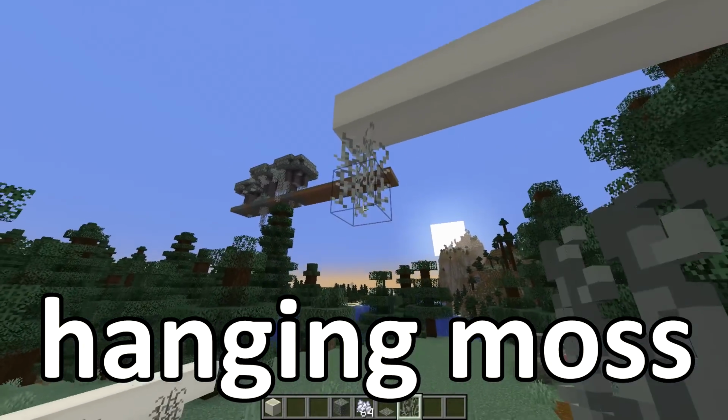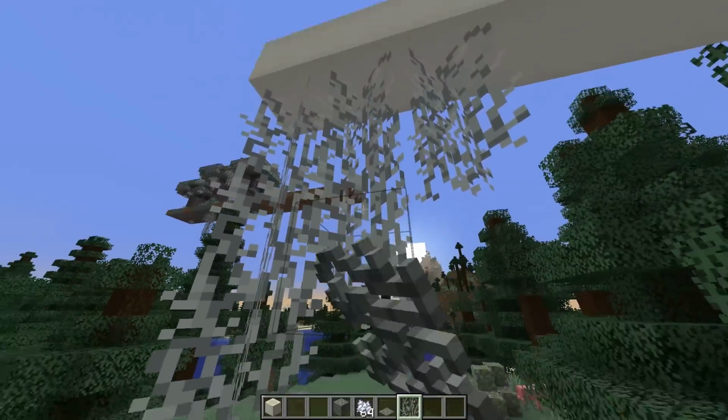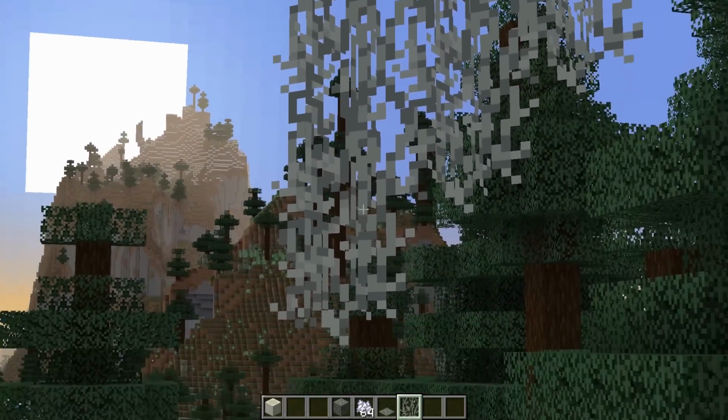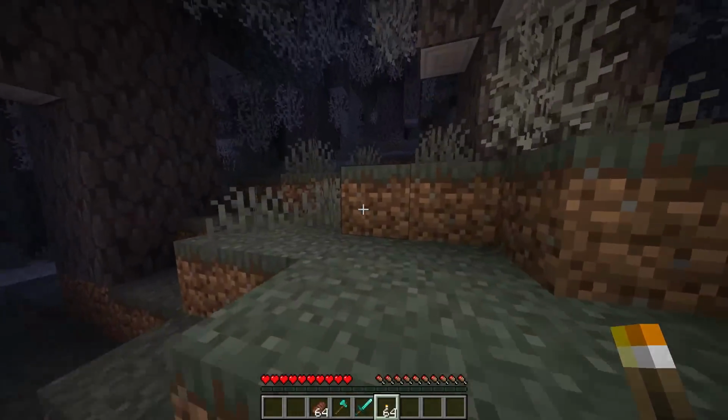Hanging moss. Hanging moss is a brand new hangable plant. You can hang this plant on just about any block in the entire game. As long as it's a solid block, it'll probably work. And look at this thing. It's like gray and creepy. Oh, that's amazing. To check out our next feature inside of this update, we're going to head back over to the biome,